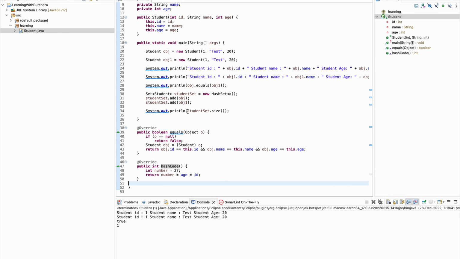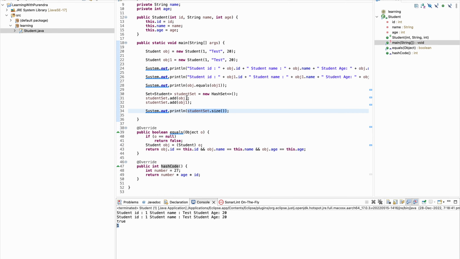Now you can see the student set size is coming as 1, because whenever it is adding values in this hash set, it is also validating the hash code values, and the hash code values of these two objects are equal. That's why it is storing a single value instead of multiple values, which is the correct way.